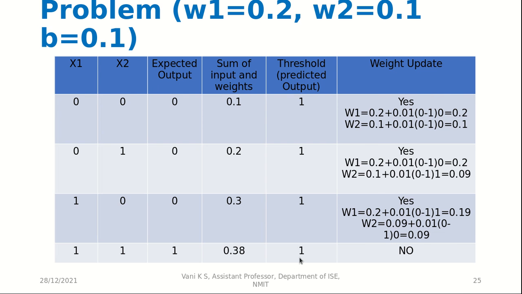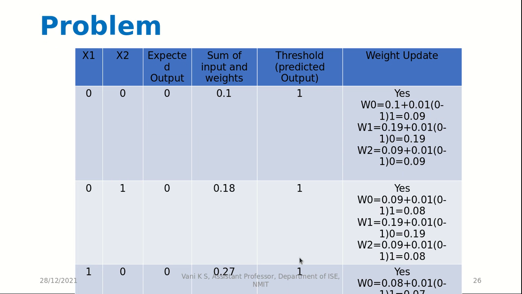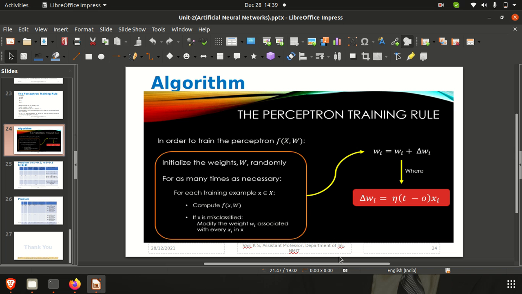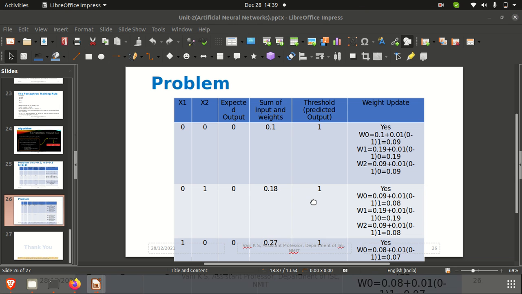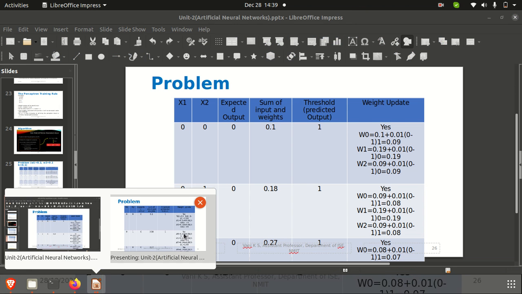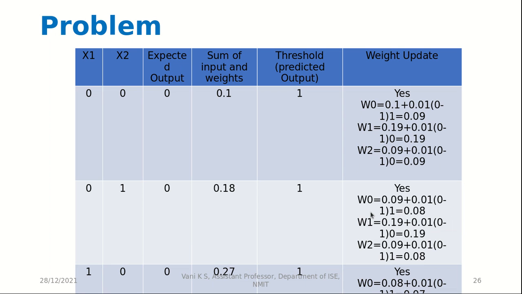We perform this for a particular number of times, and actually we are supposed to perform this till we get all the values matching with the expected output. Now this is not possible when we are actually doing these numericals. So it is suggested that you specify beforehand the number of epochs for which you will be performing the algorithm. Otherwise it will be given in the question, and you can just directly see how many times you are supposed to perform this algorithm repeatedly.